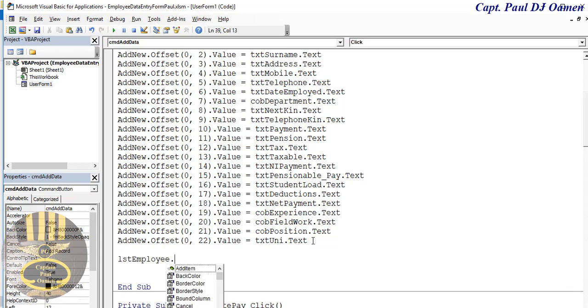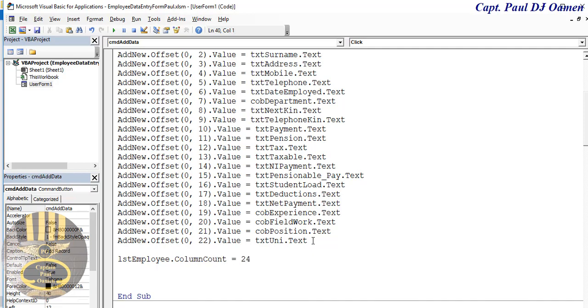That will be dots column counts. I'm going to make that, let's say, 24. Yeah, that's fine. It's employee data entry dots role source, that will be equals sheet 1, and that is going to be $A $, start from 2 column